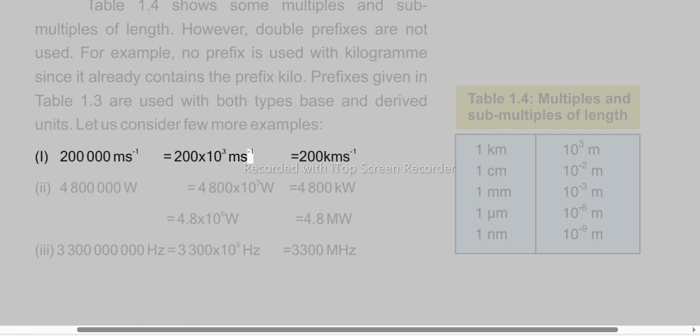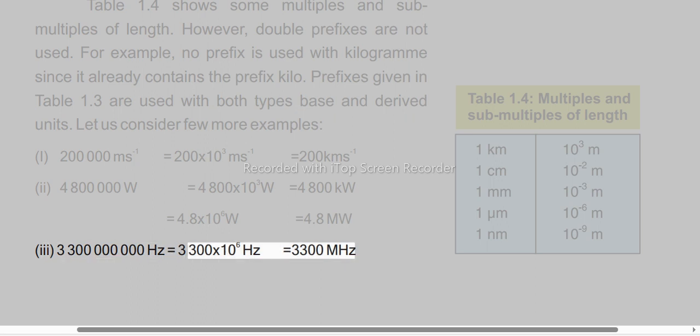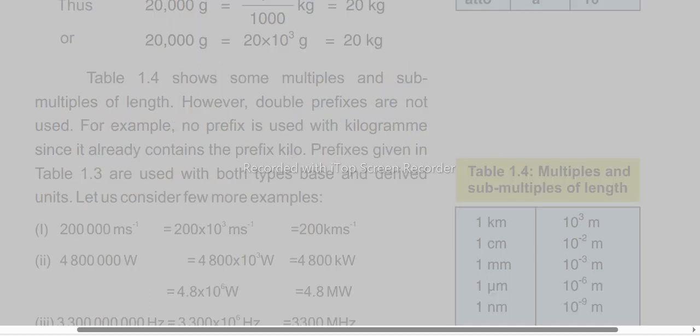200,000 meters equals 200 times 10 to the power 3 meters equals 200 kilometers. 4,800,000 W equals 4,800 times 10 to the power 3 W equals 4,800 kilowatts, which is equal to 4.8 times 10 to the power 6 W equals 4.8 megawatts. 3,300,000,000 hertz equals 3,300 times 10 to the power 6 hertz equals 3,300 megahertz. Thus,